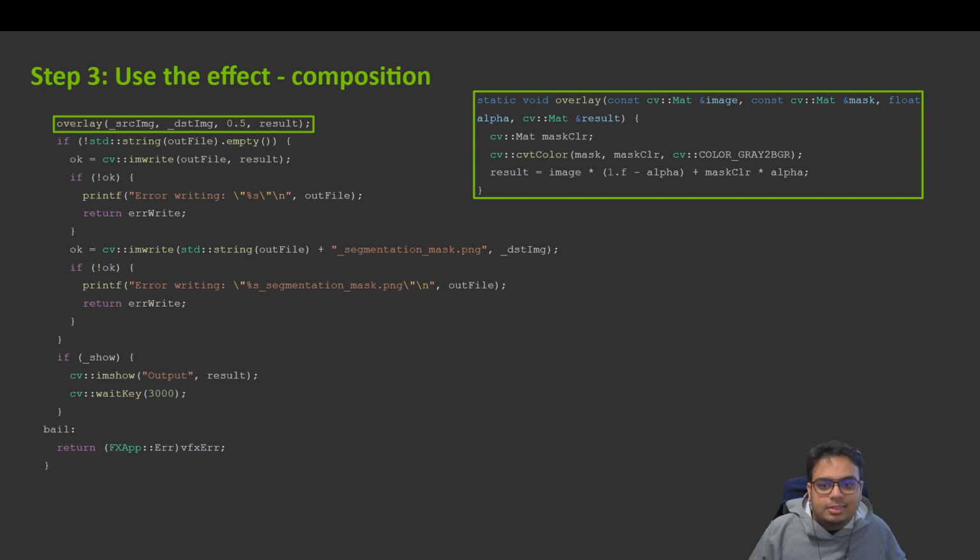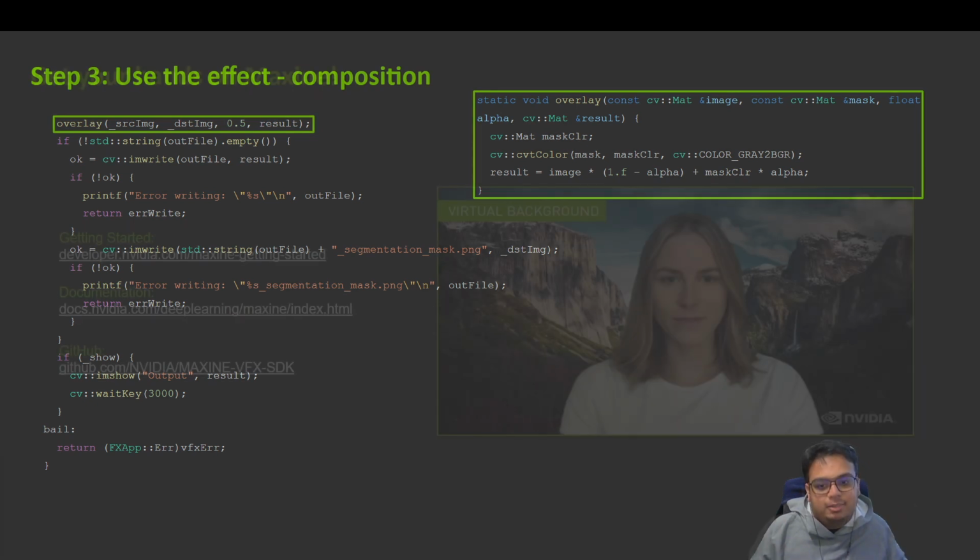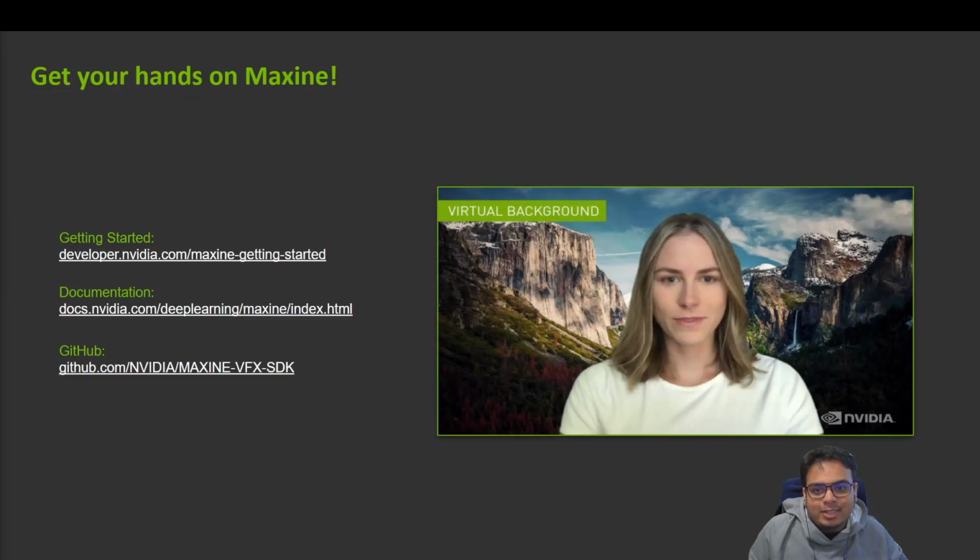So folks, this is how in 3 simple steps you can use Maxine's VFX API to create a virtual background. Phew, that was a lot to absorb, I know. But you can now get started with using your own AI-powered green screen. You can find all the details we discussed here in these links, and the sample code which we discussed can be found in our SDK.